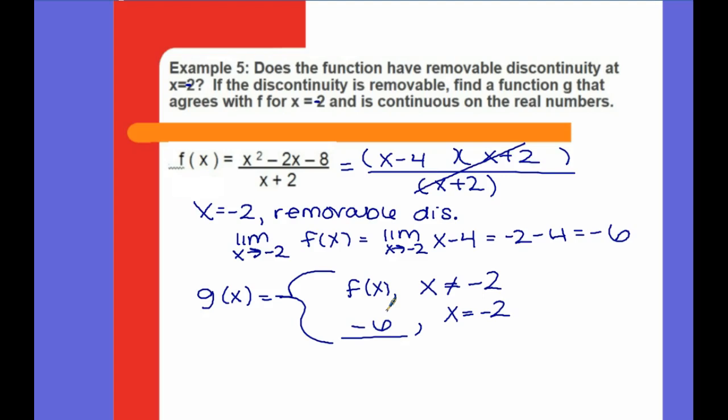Everything is about efficiency. What makes you the most efficient? If writing f of x makes you more efficient or less likely to make a mistake, would that mean if you do put f of x, you have to put x is not equal to -2? Yes. Good question. So when you're finding the removable discontinuity, it is that x is equal to -2. So how is the -6